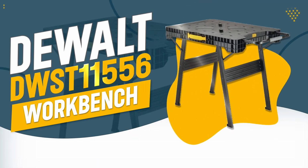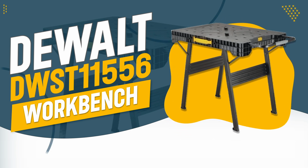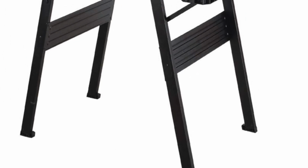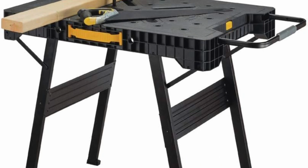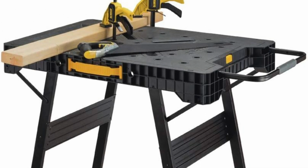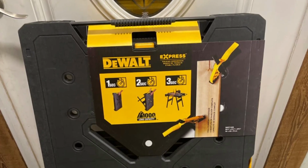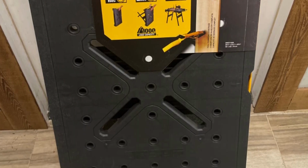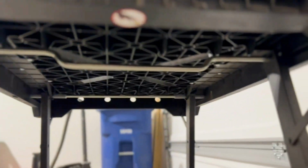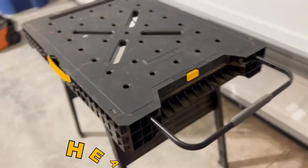Number 4. DEWALT DWST11556 Portable Workbench. The DEWALT DWST11556 Portable Workbench is a versatile and durable solution for a variety of tasks. Designed with quick setup and folding in mind, it can be ready for use or packed away in less than 3 seconds. The metal legs provide robust support with a capacity of up to 1,000 pounds, making it suitable for